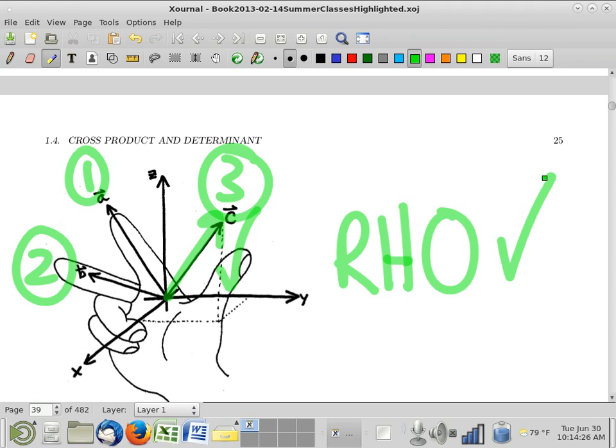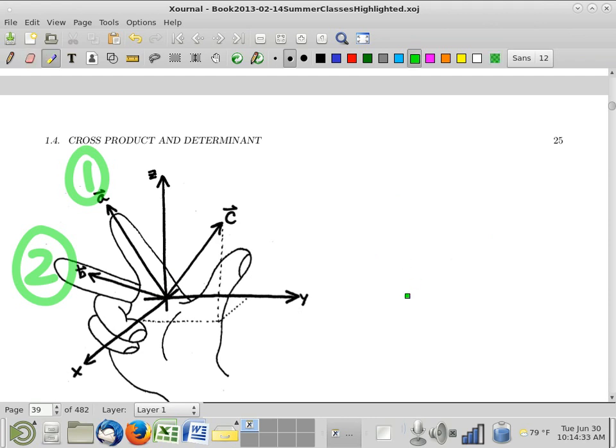Okay. Now, there's the other possibility, of course. The other possibility would be, what if the third vector happened to point that way? There's no law that says that it has to point on the side that my thumb does. If it points in that other direction, then it's not in right-hand order. Now, what should we call this other possibility, that half the time that third vector is going to point on the other side opposite from my thumb? Well,